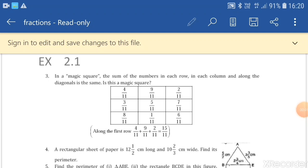Dear students, today we are going to do exercise 2.1 of the chapter Fractions. As we have already studied in class 6, a fraction is a part of the whole. We have learned to add two or more fractions, and also to subtract them. Then in class 7 we are going to learn multiplication and division, and this exercise is just a revision of